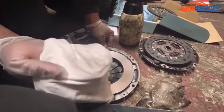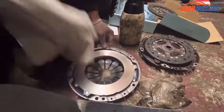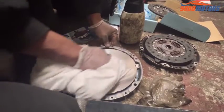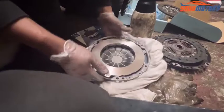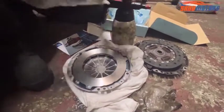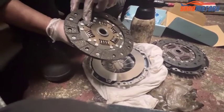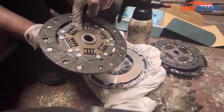Right, it's just wet, no black mark. Now it's nice and clean. I'm going to leave it underneath this rag. Then after that I'm going to the clutch plate, because when you see this side is nice and flat, when